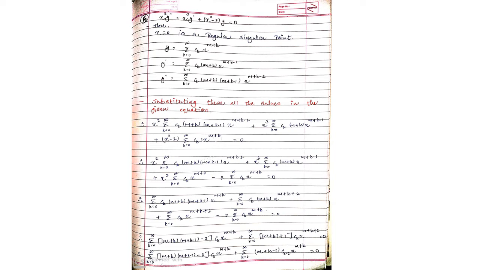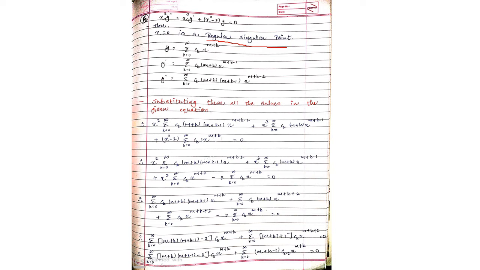First we have to check whether it is a singular or ordinary point. So for that you know the procedure, but still I am revising. You have to first find p of x and q of x, then check the denominators. You have to put x equals to 0 in the denominators. If you get denominator 0, then it will be a singular point, and if you get a non-zero denominator, then it will be an ordinary point, right? So after checking singular or ordinary, if it is coming singular, then you have to check for regular or irregular singular. Okay, and here at the last we are getting a regular singular point, as I have written here.